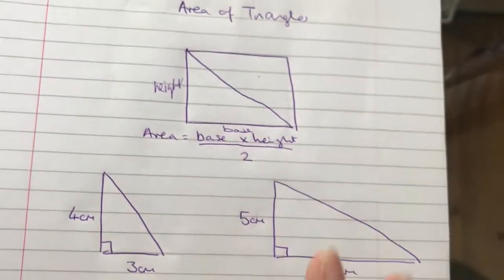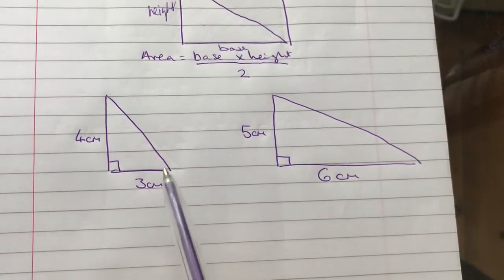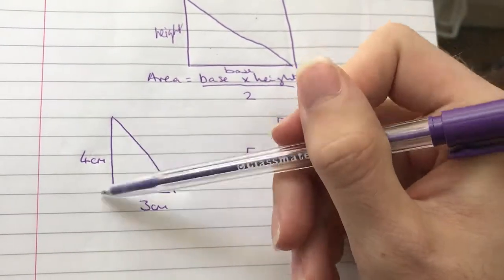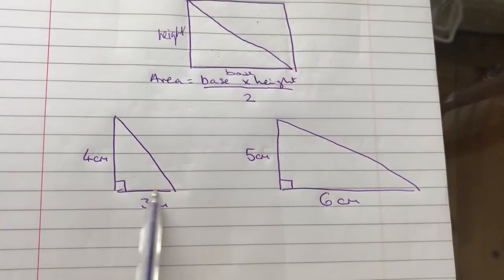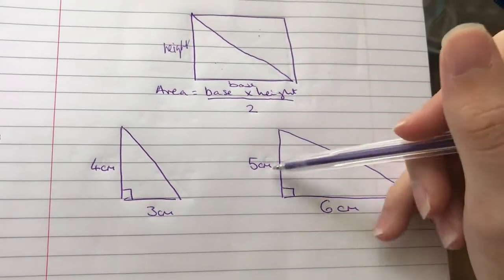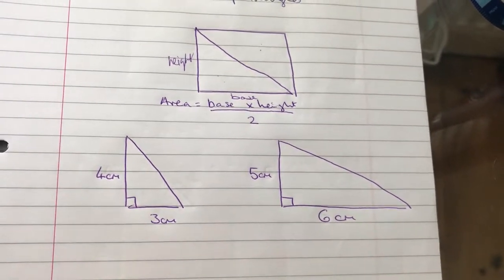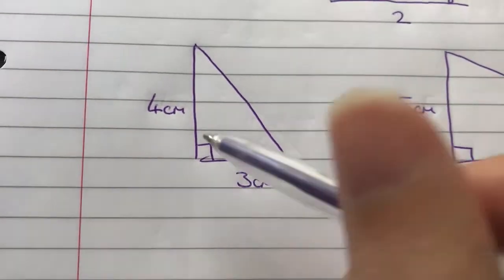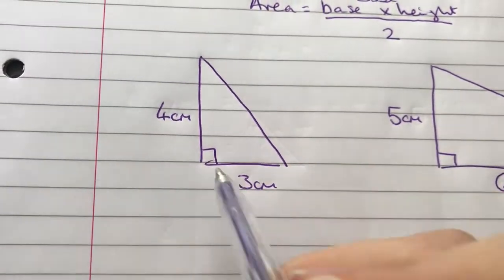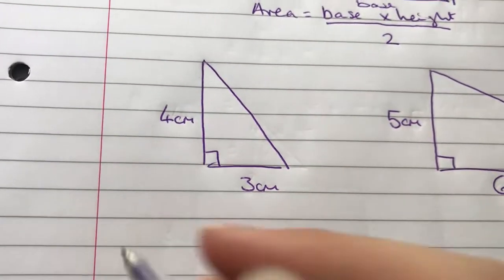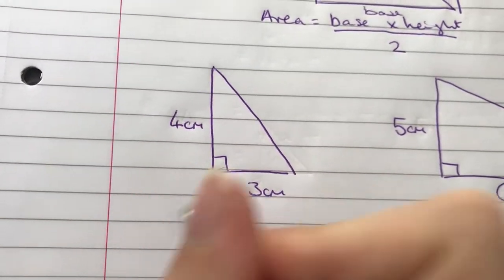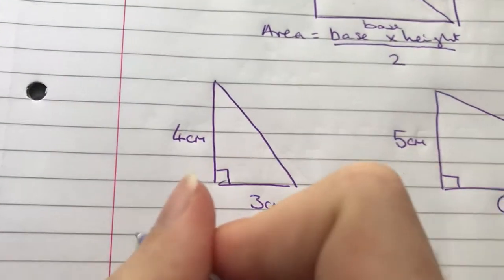So, these are both right-angle triangles. So we know that is the vertical height and that is the base. Similarly, base, vertical height, base. So let's start off with this example right here. So 4 and 3. So the base, so we know from up there that the area equals